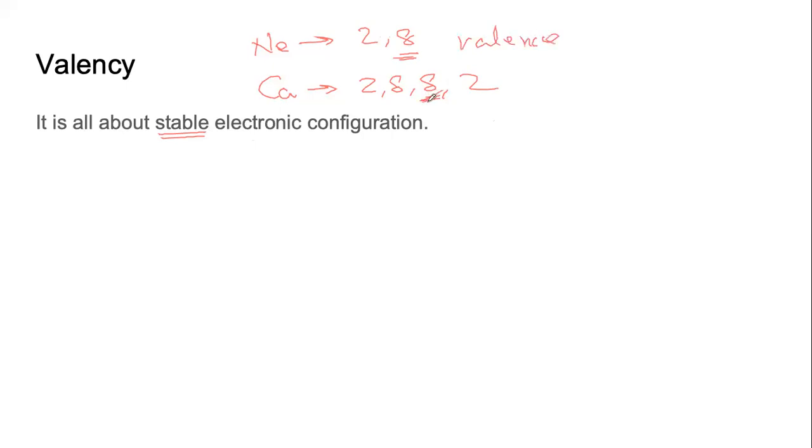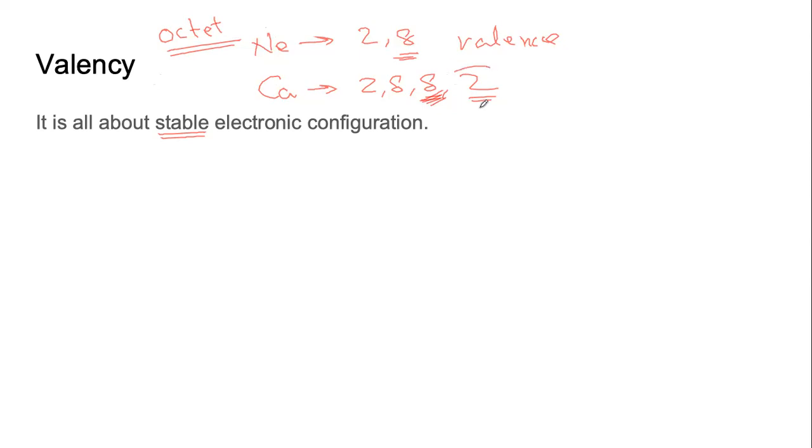Valence. Not this, not this. The last shell should have 8, or in the case of hydrogen, like helium, it should have 2. So 8 gives us our octet. We have come across these words last year and we studied these words once again this year in chapter number 2. This is electronic configuration and this is what is meant by stable electronic configuration. Neon is stable, calcium is not stable because its valence shell has only 2.